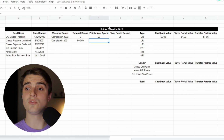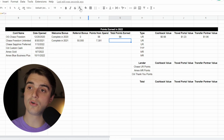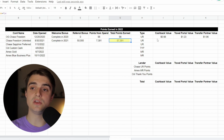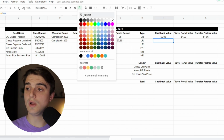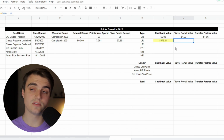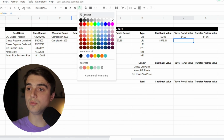But now let's talk about the points that I've earned from spend in 2022. The total amount of points that I've earned from spend are going to be 7,391 points, bringing our total points earned up to 57,391 points on my Chase Freedom Unlimited this year. At 1 cent per point, the cashback value for those points is $573.91. At that 1.25x boost that my Chase Sapphire Preferred gives all my Chase Ultimate Rewards points in the travel portal, these points would be worth